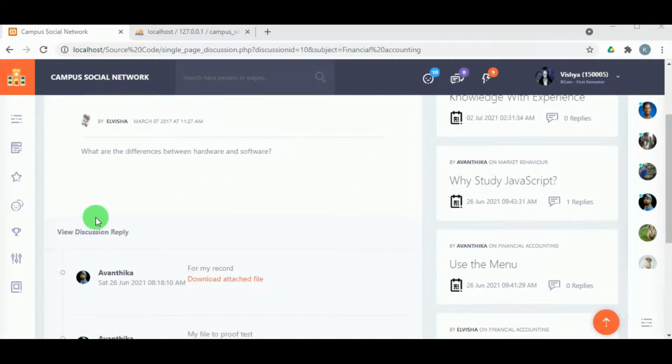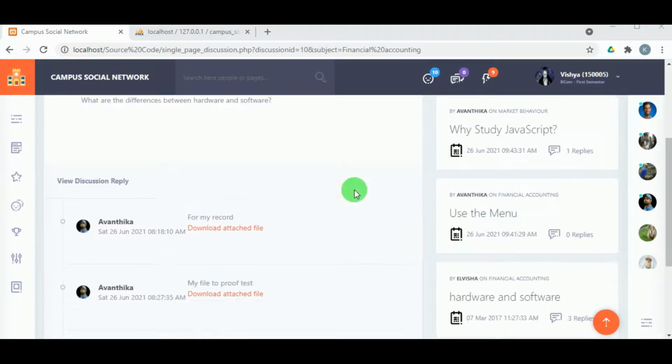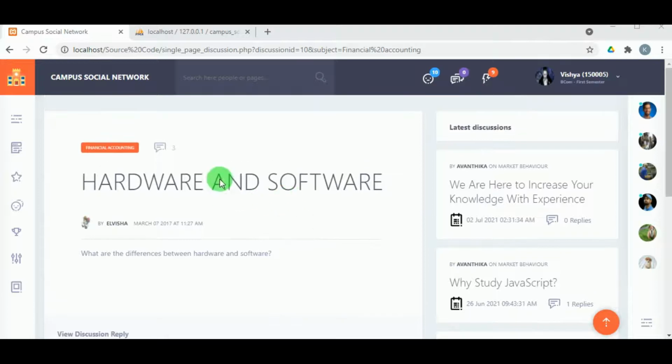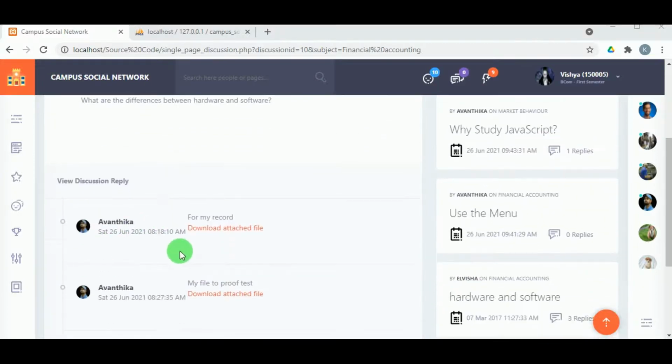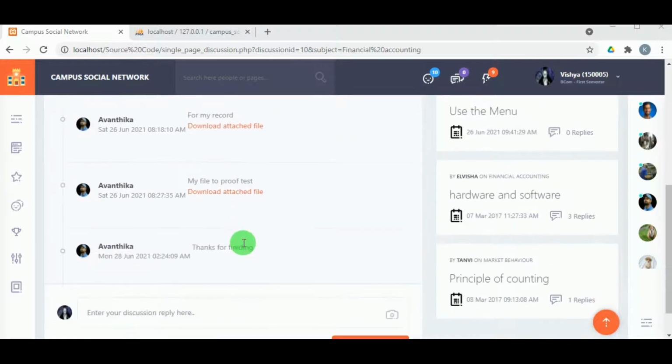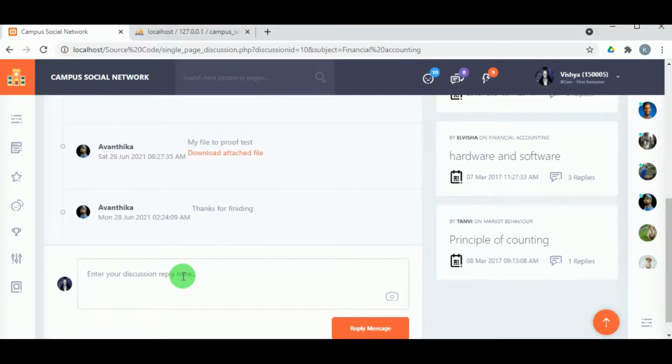So we can view the title and then the description about it, and we can view the replies from different students, and different students have attached the files regarding that particular discussion, and the student can also reply for that if they know the details about that discussion. So here the student types, maybe this student knows more information about that particular concept.